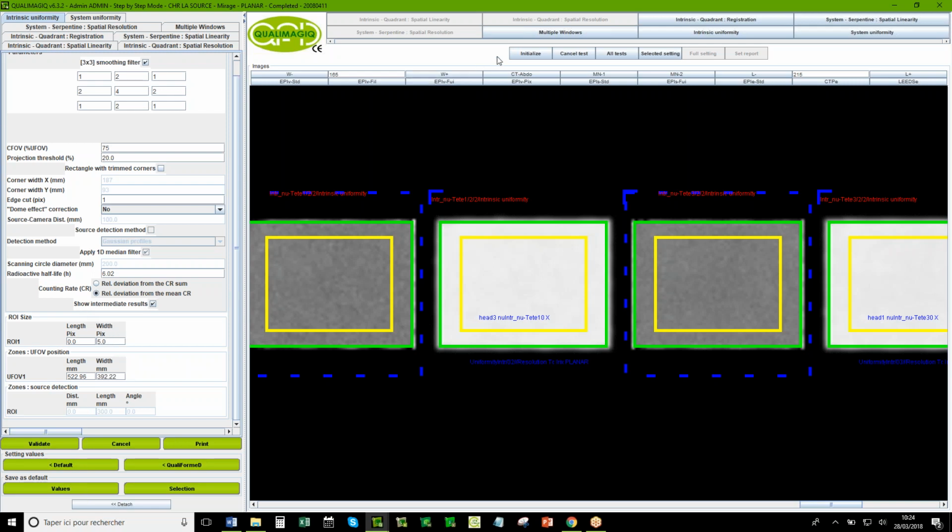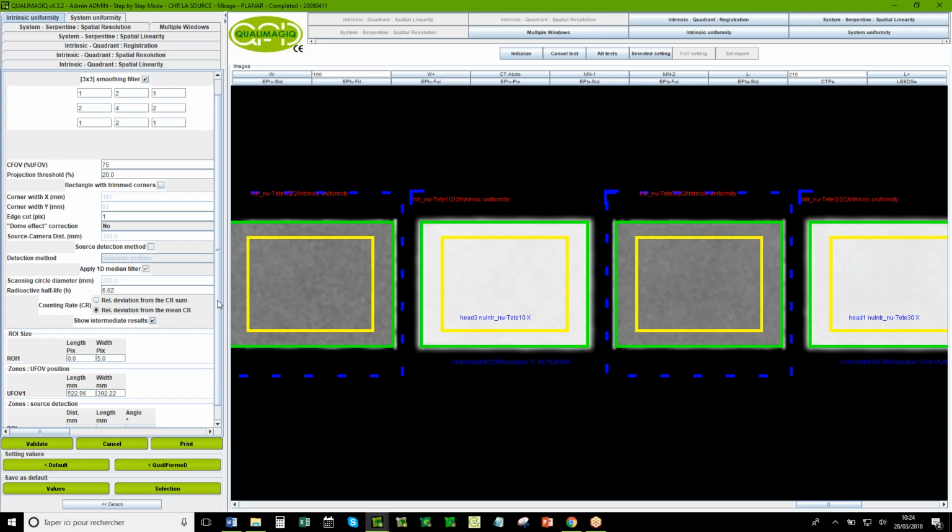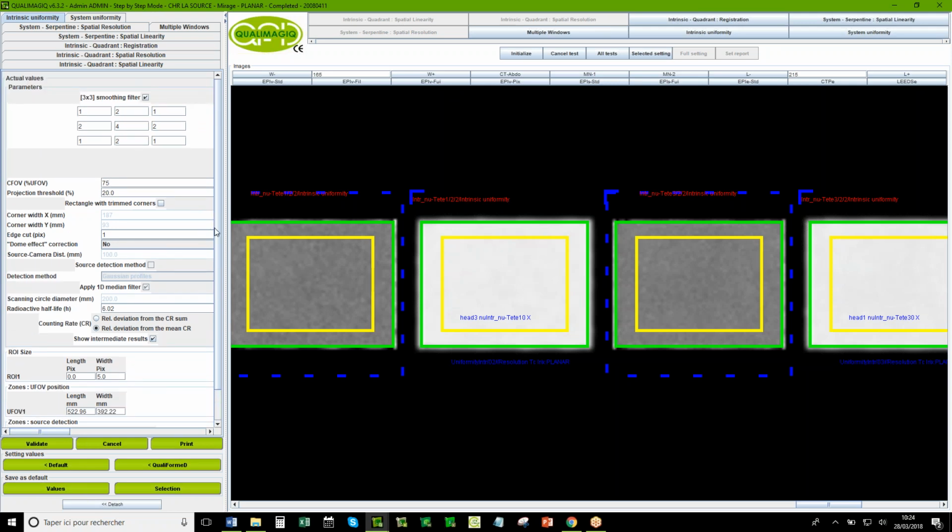So with the setting, we are totally compatible with most traditional methods to test intrinsic non-uniformity on the SPECT camera. And this possibility works with NEMA, with IEC norm, and so on.